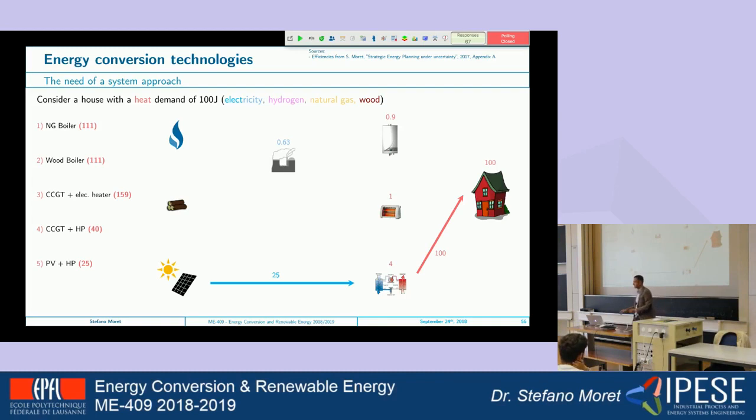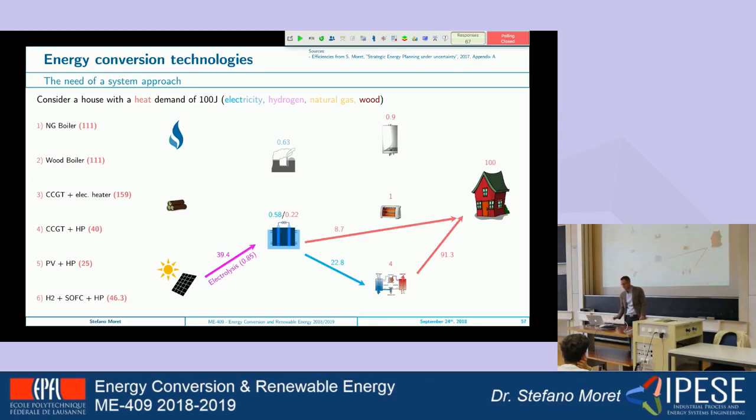In the course, you'll also study more fancy, more complicated systems. For example, you can use solar and, through electrolysis, produce hydrogen that can be run in a cogeneration unit, which is a fuel cell that can produce heat and electricity at the same time. The electricity can power the heat pump, and you can produce the heat that you need. It's also a very efficient system, with the advantage that once you produce the hydrogen it can be stored, so you solve the problem of the intermittency of the sun.